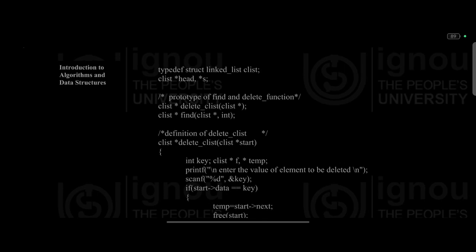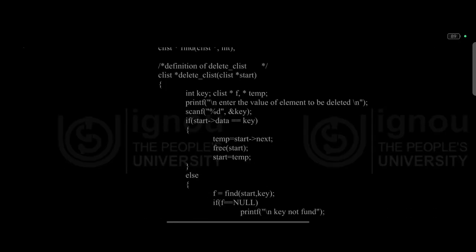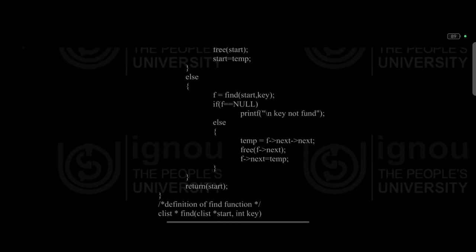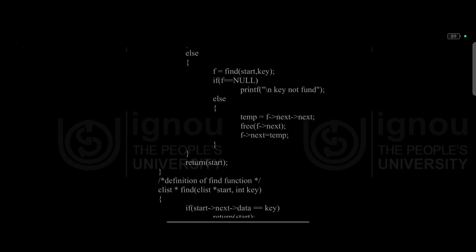clist *find(clist *, int); Definition of delete_clist: clist *delete_clist(clist *start) { int key; clist *f, *temp; printf("Enter the value of element to be deleted"); scanf("%d", &key); if (start->data == key) { temp = start->next; free(start); start = temp; } else { f = find(start, key); if (f == NULL) printf("key not found");